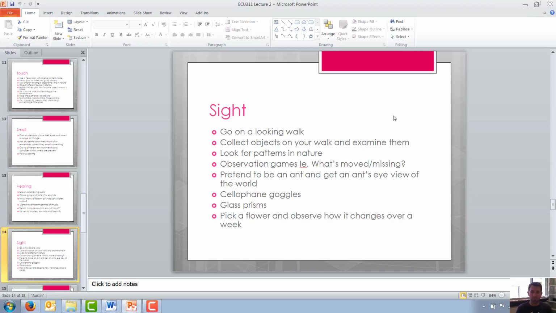For example, red cellophane, orange cellophane, green cellophane, whatever it might be. Looking through glass prisms and paying attention to the different reflections that you get and different patterns. Or pick a flower and observe how the flower changes over a week. So once it's been picked, it's going to start to slowly die. And pay attention to how that flower changes over the week, or maybe a leaf off a tree or whatever